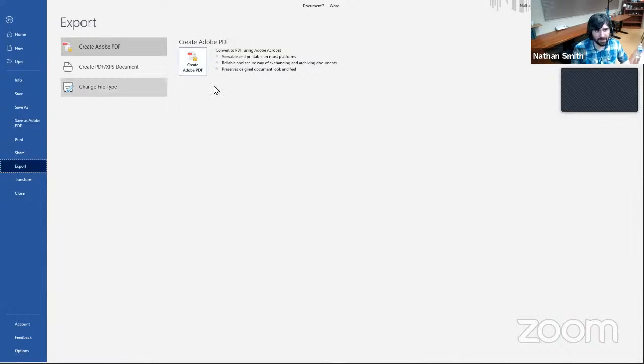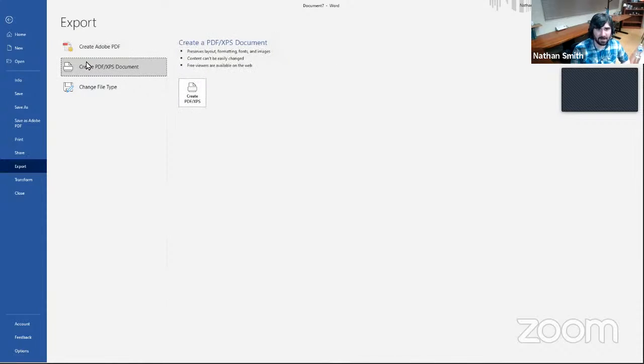Export here. One thing I will point out about this, when you use this export option, again, you won't have Create Adobe PDF, but you will have Create PDF/XPS Document. This is an important option to know about. If you're writing a document and you want to make sure that it looks exactly the way that it should, exactly the way you intend it to look, when it gets to the person who's going to be receiving it from you,